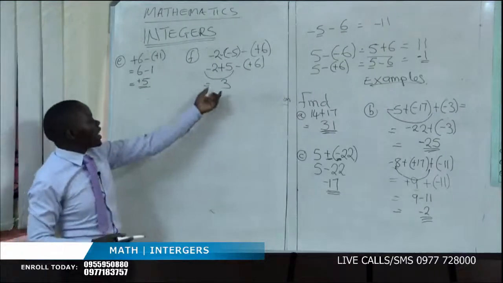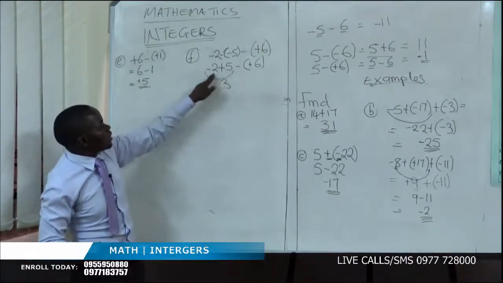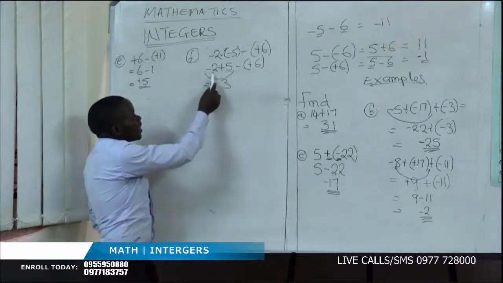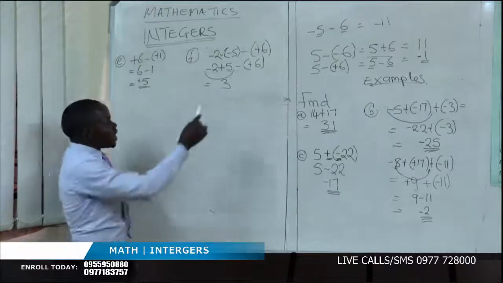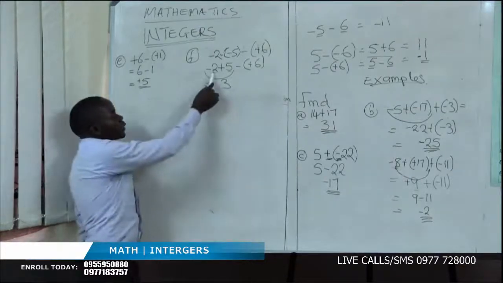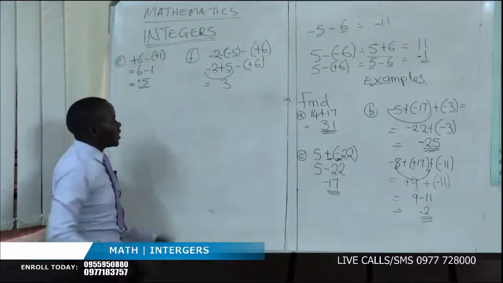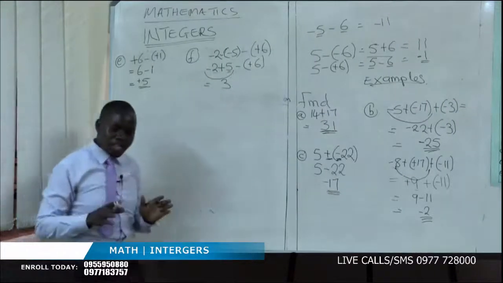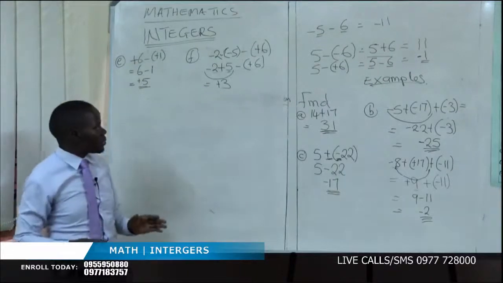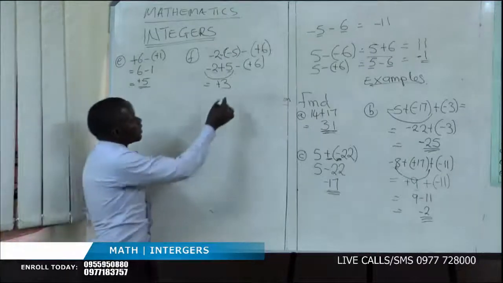Now, is 3 going to carry a negative sign or a positive sign? You check which one is bigger here. You will discover that 5 is bigger than 2. Then what is the sign for 5? It is positive. And what is the sign for 2? It is negative. So we'll carry the sign of the bigger number, which is positive. Even if we don't write positive there, it's one and the same thing. Even if we write positive here, it's okay. It's one and the same thing because we are dealing with integers. Then you will say minus